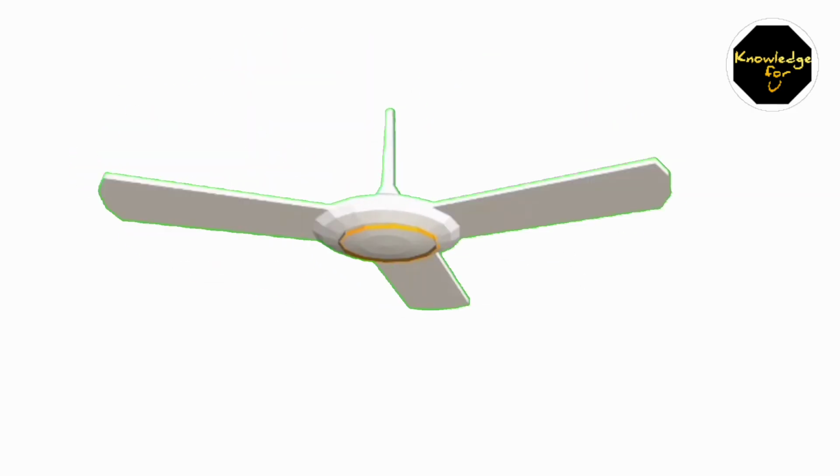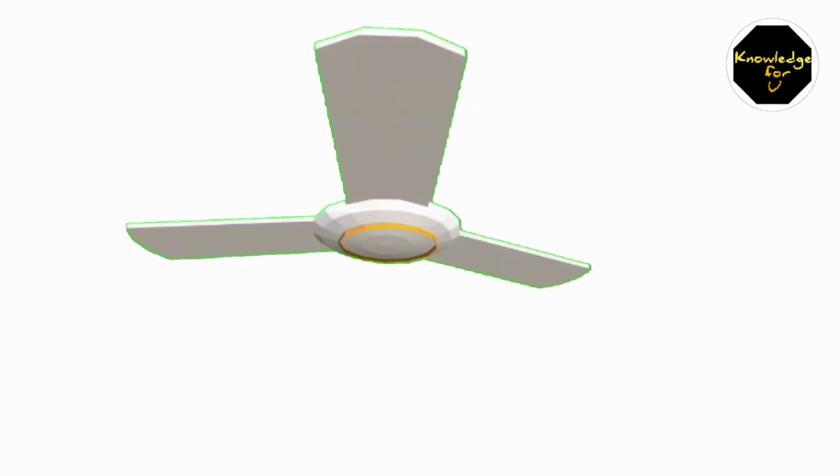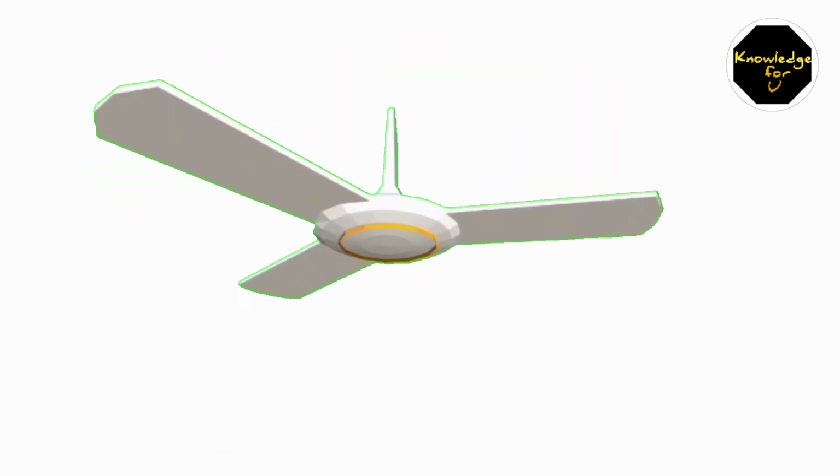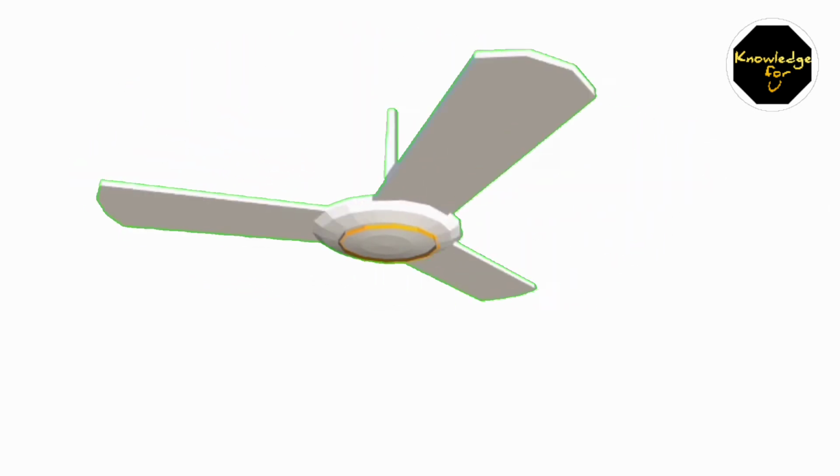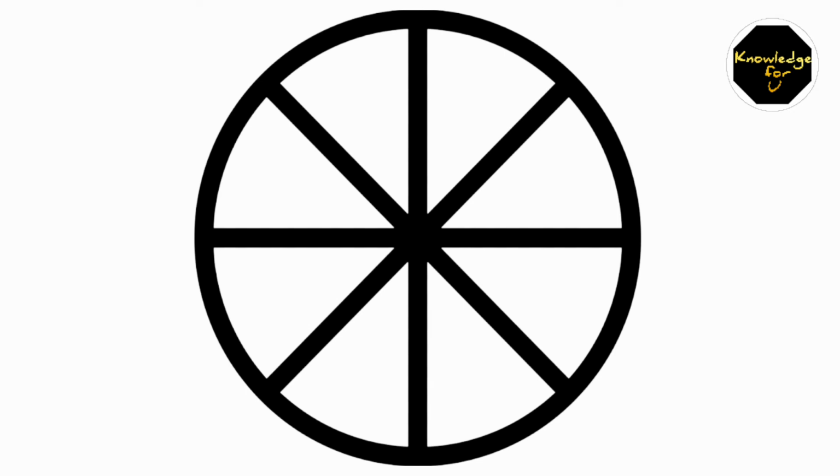I tried to animate a fan in 3D because I can't find clips of the fan moving. And you can see the results of what I animated, but I still can't animate how I want because I am animating it on the mobile. So I use this wheel as my reference point to explain how it happens and why it happens.